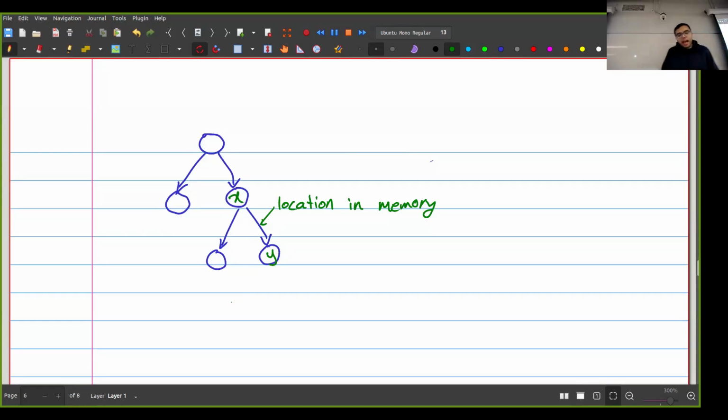Right? And I mean, that's desirable in a lot of situations, but not for us. So basically, all X knows is that the information about Y can be found in this particular location. So if that location changes, X just accepts the new value of Y, right? But instead of doing this, instead of saving the location in memory, what we can do is save the hash of Y. Okay? So let's say that when X wants to have a pointer to Y, instead of the location, the pointer itself is literally the hash of Y.